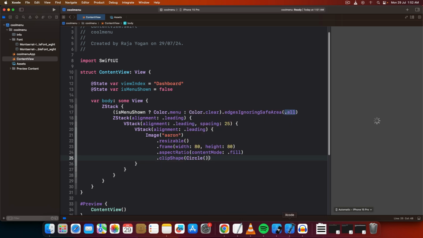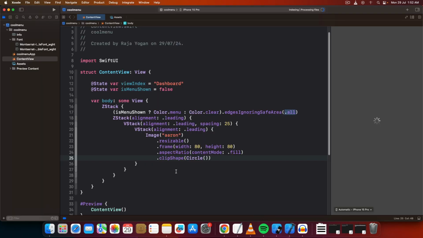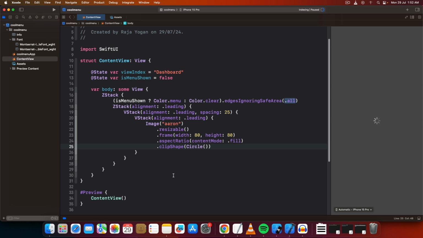Anyway, so this will now create this image. Where is it? This will now create this image. Let's go ahead and put in this text here and then start working on this. So what I'll do is, after that image,